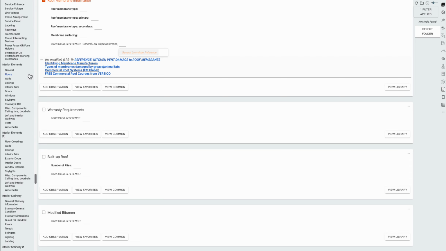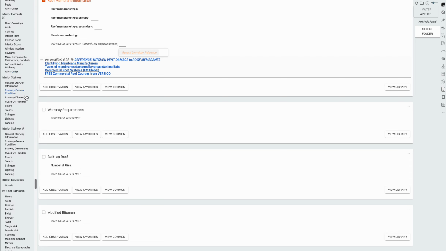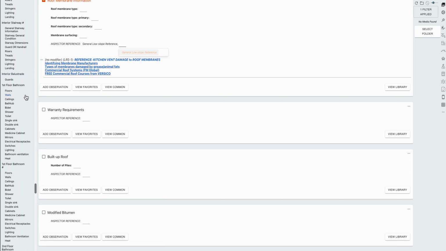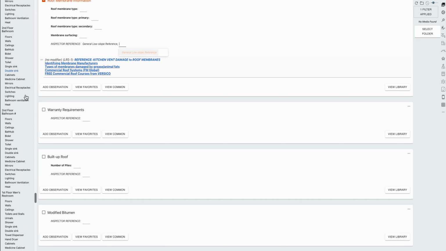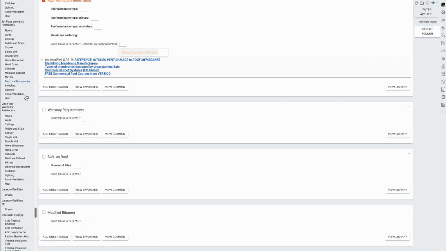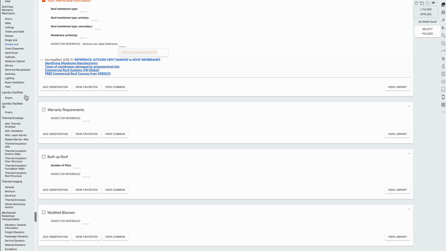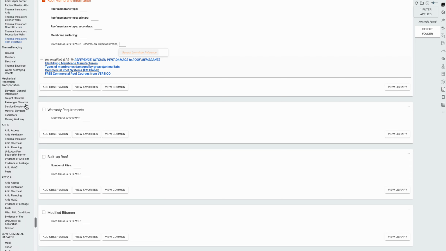Interior elements covers floors, walls, ceilings, interior trim, doors, windows, etc. Interior stairways, balustrade, first floor bathroom, second floor bathroom, and then for commercial buildings, it's got first floor men's room, second floor men's room, and first and second floor women's rooms, restrooms, laundry facilities, thermal imaging, mechanical pedestrian transportation, that's various different kinds of elevators and moving walkways and escalators,